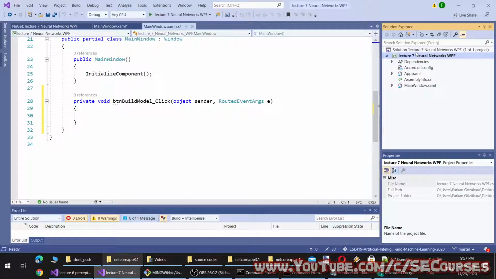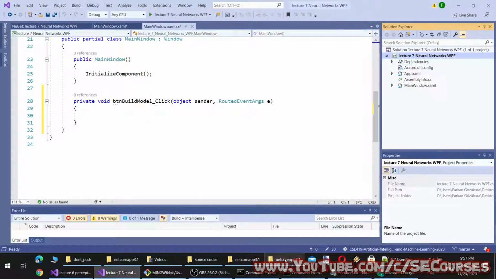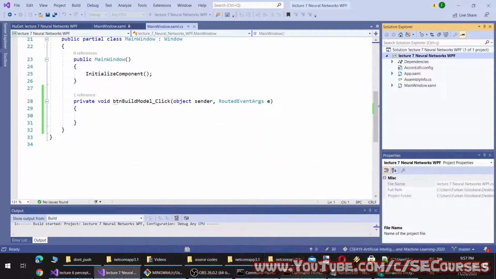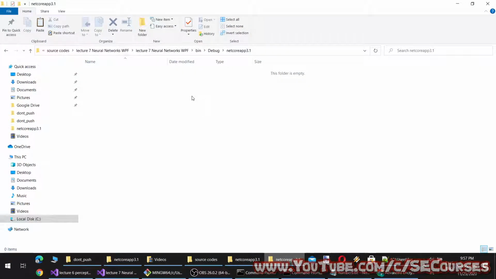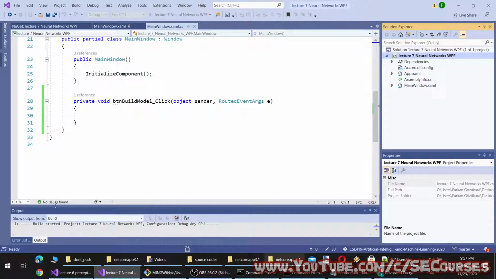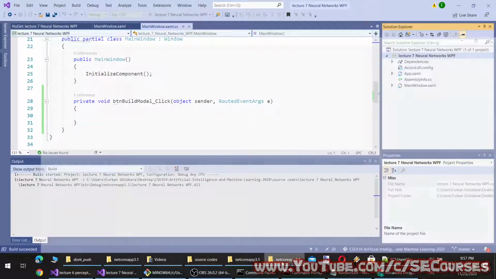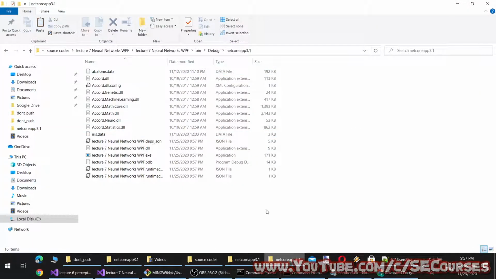Okay, it is not generated yet, so I'm going to click build. Okay, here is the debug folder. It is still building, by the way. Okay, build is done, the data is there.